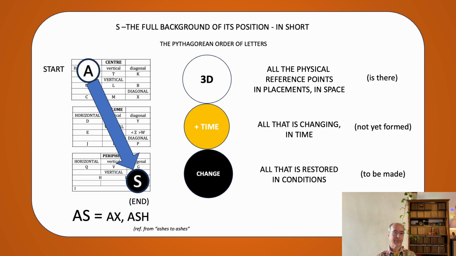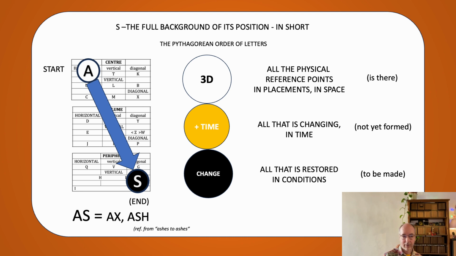Because if you go from the first letter to the last letter in the system, you have the first letter, the A, which is the one-dimensional point in three-dimensional space, the starting point, and the last letter, the S, which is also the end effect of everything, where we need to go to. You have the word as. As exists in Dutch, and it has two meanings. It's the axe, which it is also in the system in this case, and it's also the Dutch word for ash, which